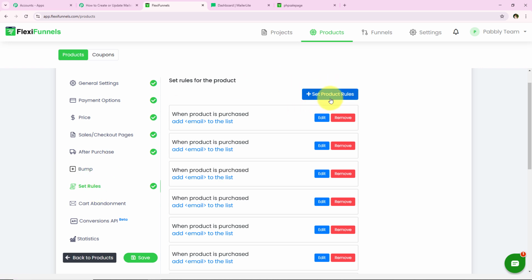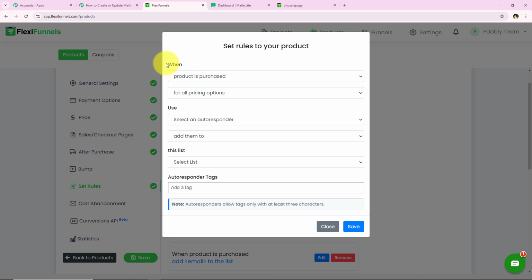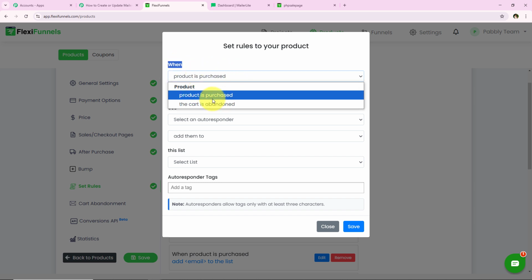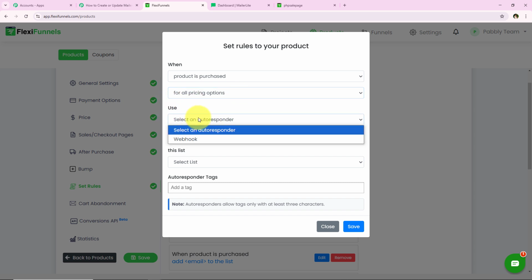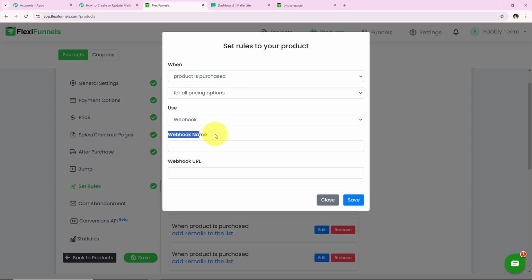blue button which says add product set rules, and now it is saying when. So for that we have to select product is purchased for all pricing options, and now for the use we have to select it as webhook, and now it is asking me for the webhook name and the webhook URL. So for the webhook name, let's say I'm just going to name it as new subscriber. So I'm just going to enter new subscriber right over here, and now for the webhook URL we are just